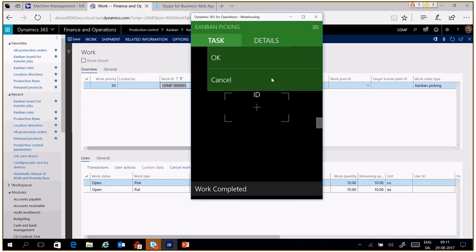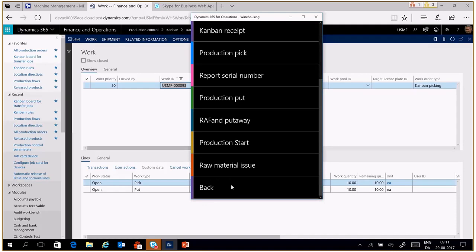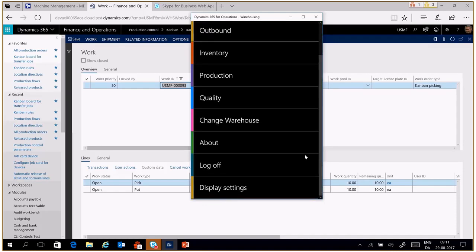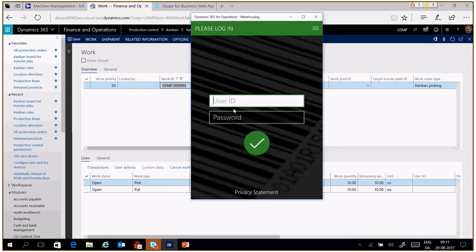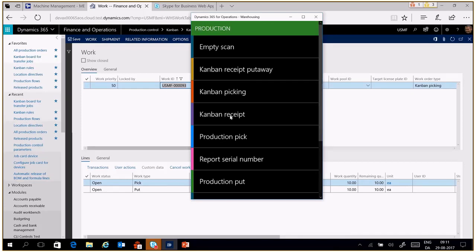So going to the menu, I'll go back, and then I'm going to log off the app. I just want to be sure that I'm logged into the right warehouse. It's warehouse 51, and then I'm selecting the production menu, and then we have a menu item called Kanban picking,